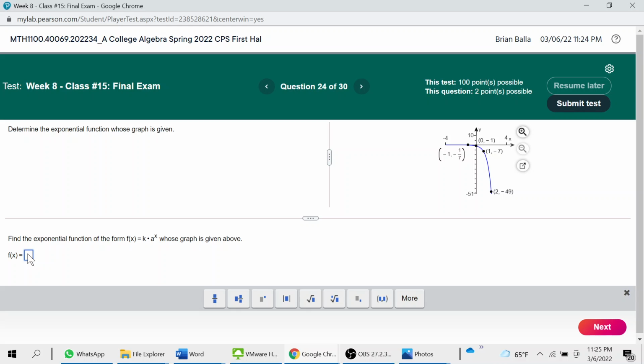Exponential function, L1, L2, Y1, okay, hold on, exponential function, okay, linear regression, exponential, okay, let's see, L1, L2,